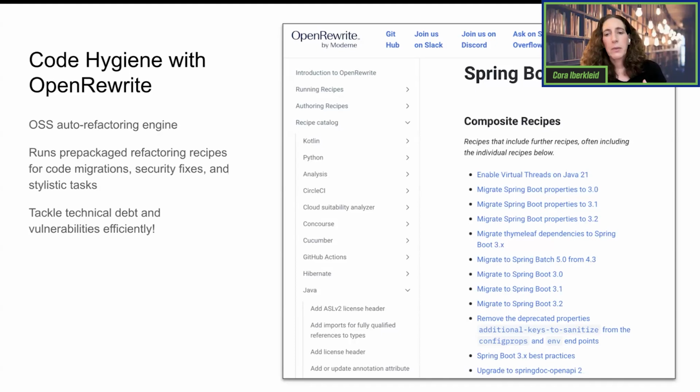And the way it works is that it takes recipes that determine how code has to be upgraded and applies the recipes on your code. There are open source recipes available, but they only cover about 19% of the different Spring project versions that exist. And so again, from a Tanzu Spring perspective, we've committed to creating additional supplementary recipes that cover the remaining versions and building a product on top of this to make it easy to apply these changes in a way that